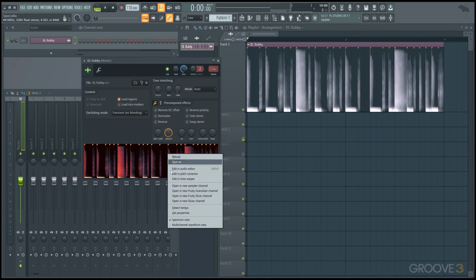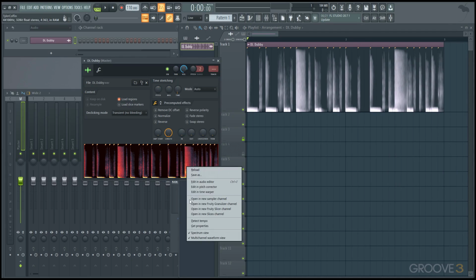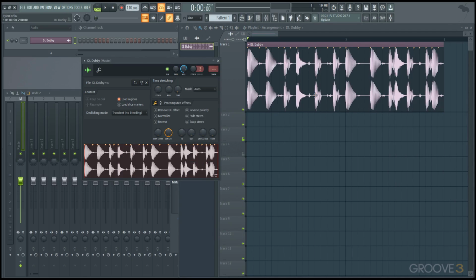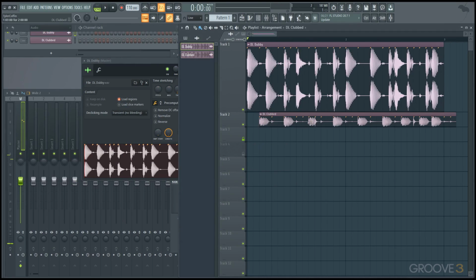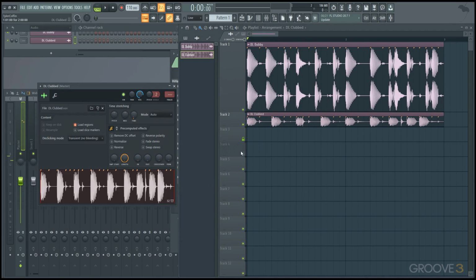You can also right click and show that as multi-channel if we turn off the spectrum, and then you have left and right channels instead of just the one waveform. So that's a nice option, and it does just apply to that singular channel of audio. So other ones can have different views